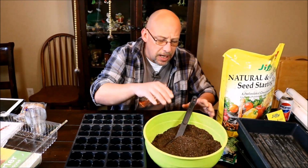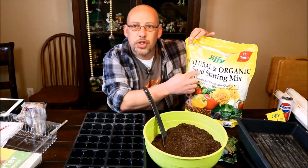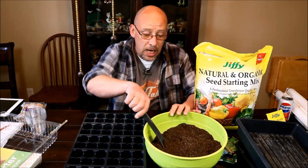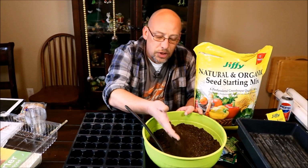Okay, so you're going to need some kind of seed starting mix. This is Jiffy brand seed starting mix. This is not potting soil. There is a difference. This is a sterile seed starting mix. You can see it's real light, real fluffy. This is basically just